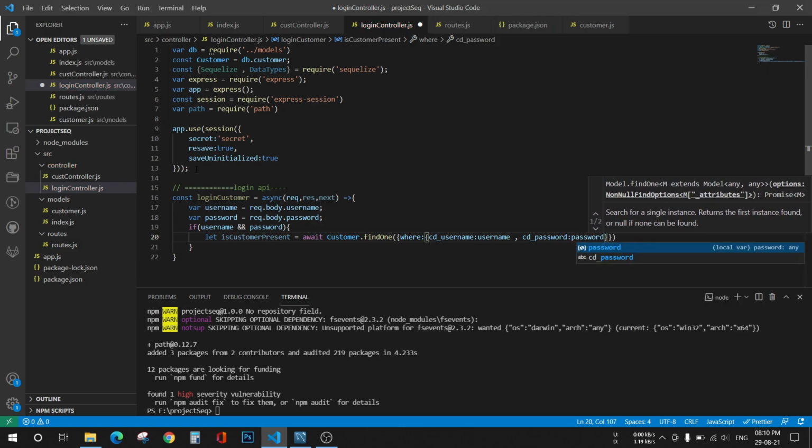So it will check for that condition and then it will iterate. Fine, now let's move on.